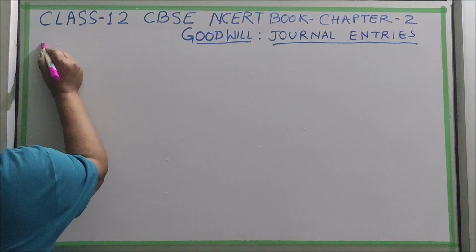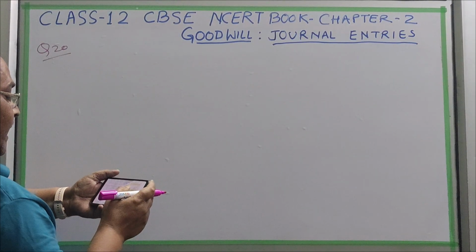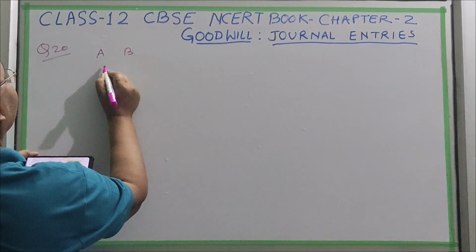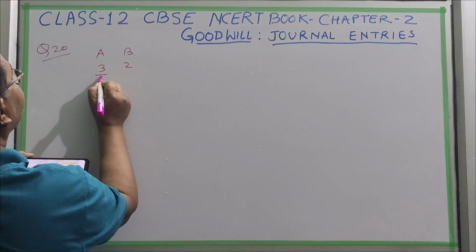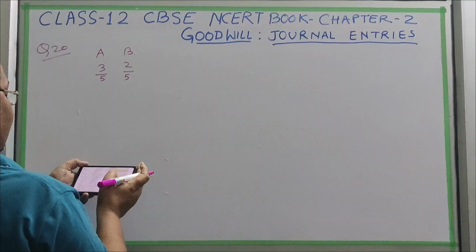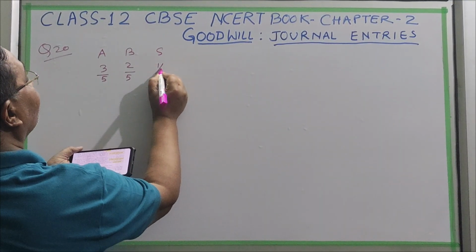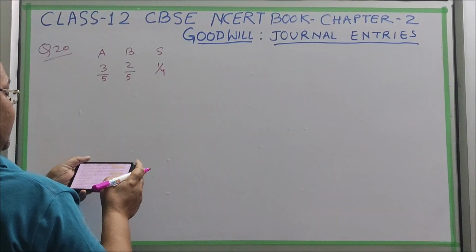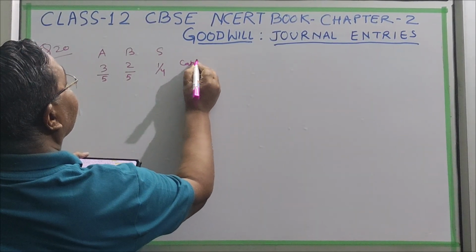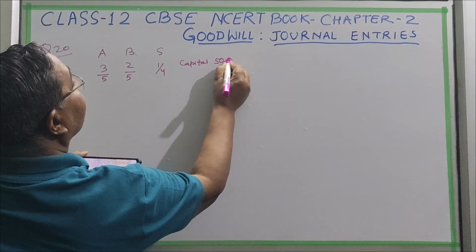Now question number 20. Aarti and Bharti are the partners in the ratio 3:2, meaning 3/5 and 2/5. They have admitted Sarthi for a 1/4 share in the profit. Sarthi brings capital of 50,000